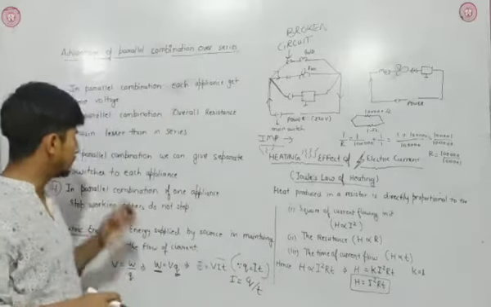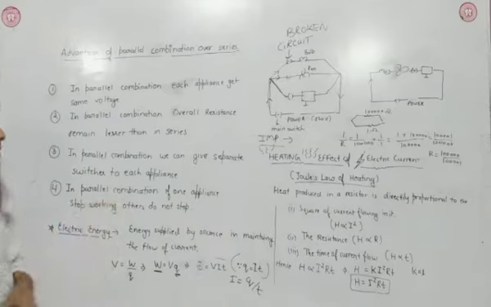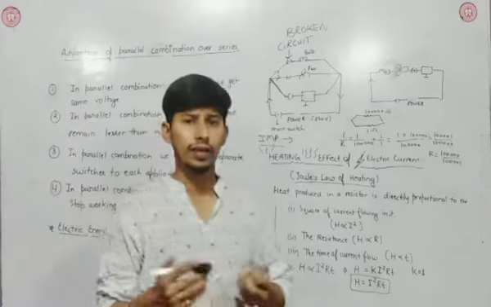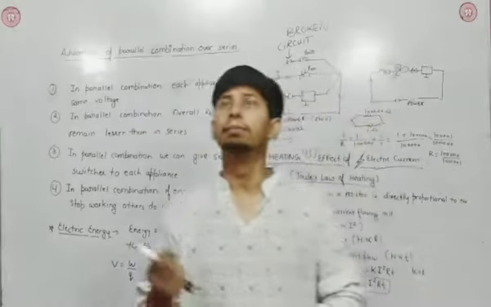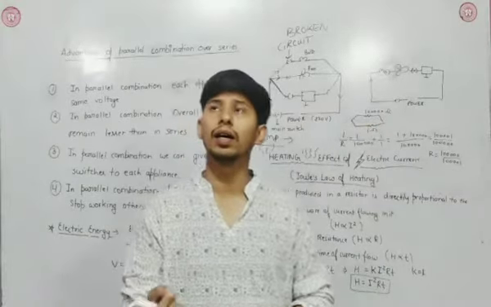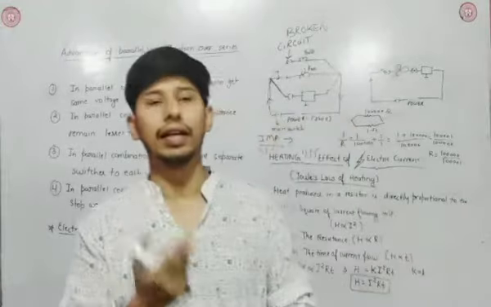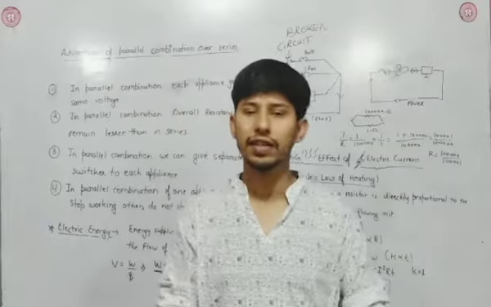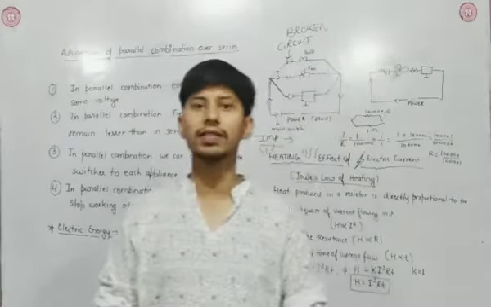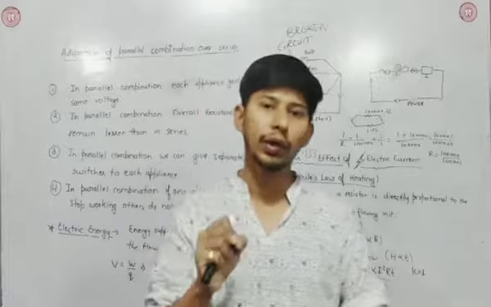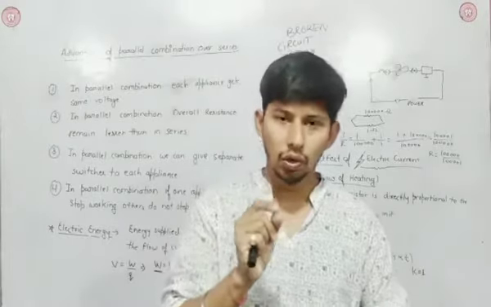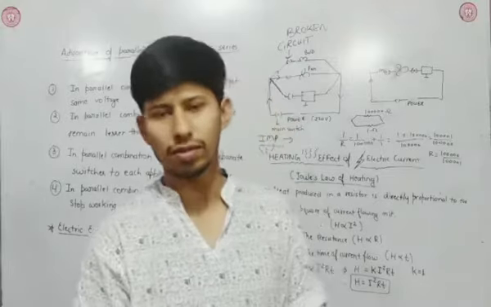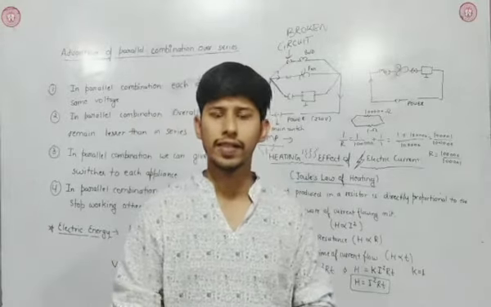Okay, so the third point is that in parallel combination we can give separate switches to each appliance. Like in your domestic circuit, the bulb has a separate switch, the electric fan has a separate switch, your TV has a separate switch. So each appliance has separate switches. They are not all operated by the same switch. Whenever you need to switch off any appliance, you just switch it off, and other appliances